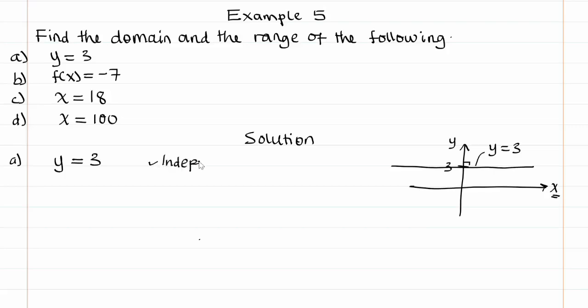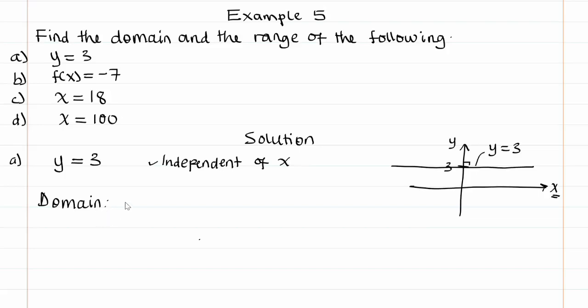There is no term in x. It does not meet the x-axis at any point. They are parallel. So our domain here, which is a set of the values of x,